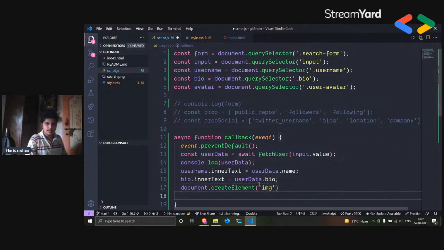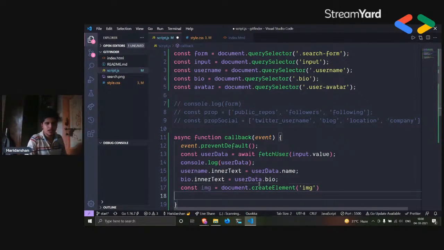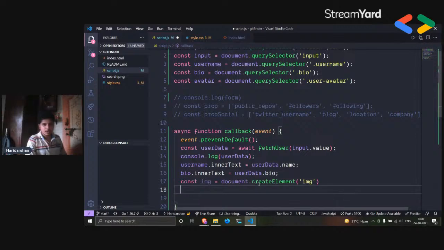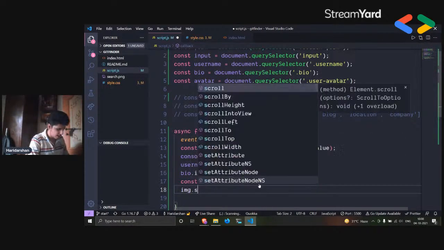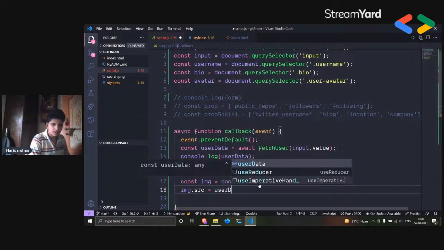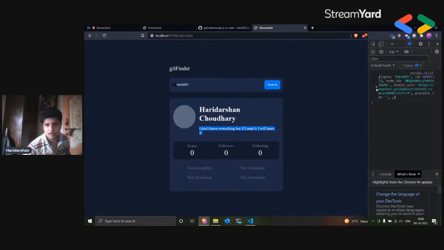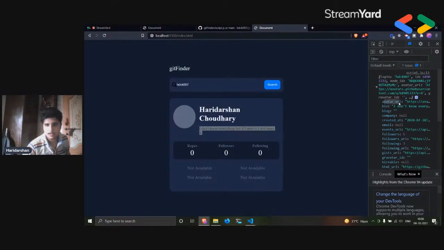So let's say I've created this and I want to store this as something image. So const image is equal to document dot createElement image, or else I can just say const img is equal to whatever name you want to give. Now this image should have a source, and that source is the user data dot avatar underscore URL that we get from here. So this avatar URL, use that,